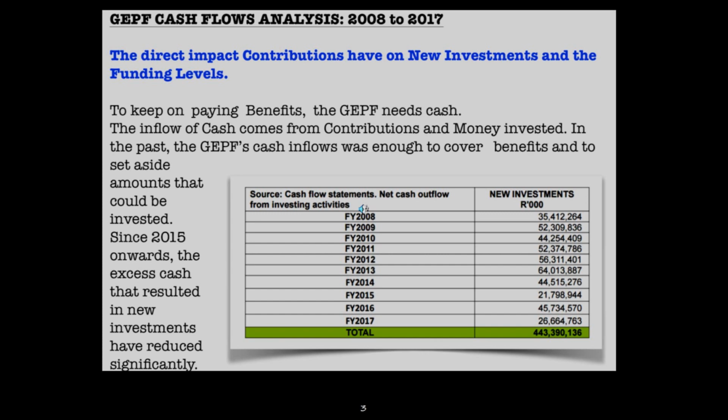This they get from inflows of cash from contributions, as well as money that's invested, interest and dividends that's received. Then in the past, these two items, basically the contributions, was always more than the benefits. That was up until 2014. If you look at the table, you'll see that